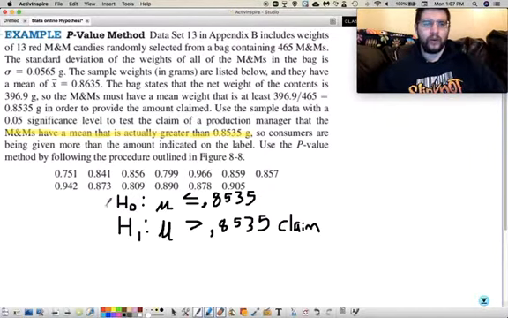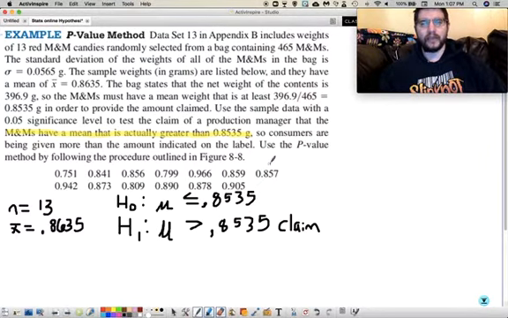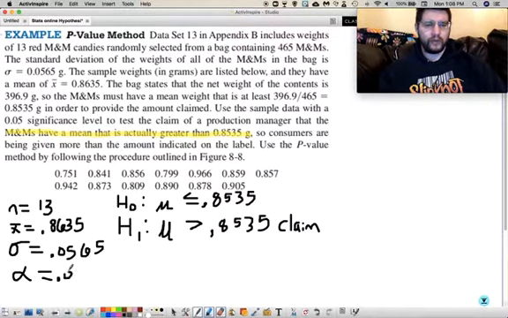So now we're going to write down all of our information. So n, we're just looking at this sample here. We're not looking at the whole bag of M&Ms, so the n is 13. X bar, I believe they gave us that. The average weight of this sample data was 0.8635. Now, since we have the data, we could calculate that, but they were nice enough to give it to us, so we don't have to. On the TIs, you can just type in the data set, and you just select data instead of stats, and it will generate you the hypothesis test. We also know sigma, it's a Z, so we have to know sigma is 0.0565. Then we have our alpha, our significance level, 0.05. We know mu, it gives it to us right there,